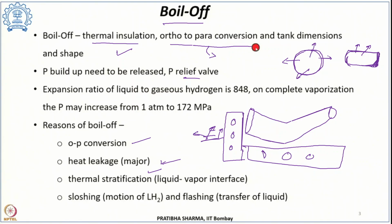Why is this curve designed? Why is this tank curvy? To reduce the sloshing, basically. Yes, to reduce the sloshing. Because if the tank design is a simple tank like this,